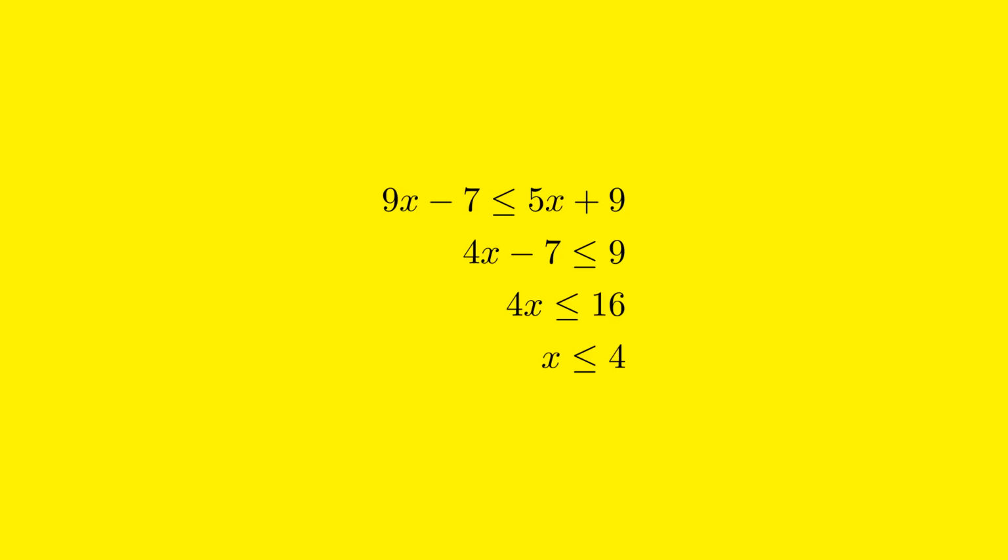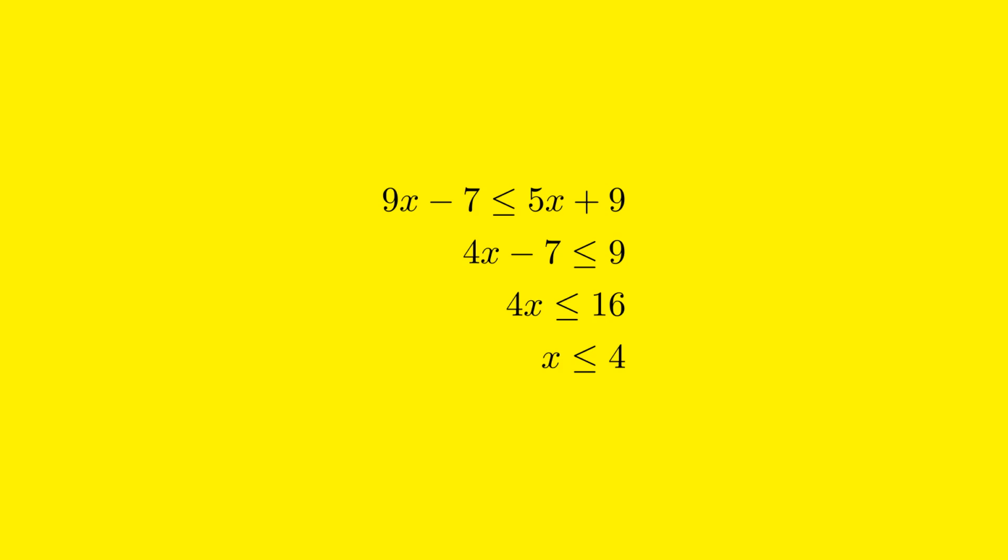Let's go step by step to solve the inequality. 9 times x minus 7 is less than or equal to 5 times x plus 9. In the first step, we want to isolate the x terms, so we subtract 5x from both sides. 9x minus 5x is 4x, so we get 4 times x minus 7 is less than or equal to 9